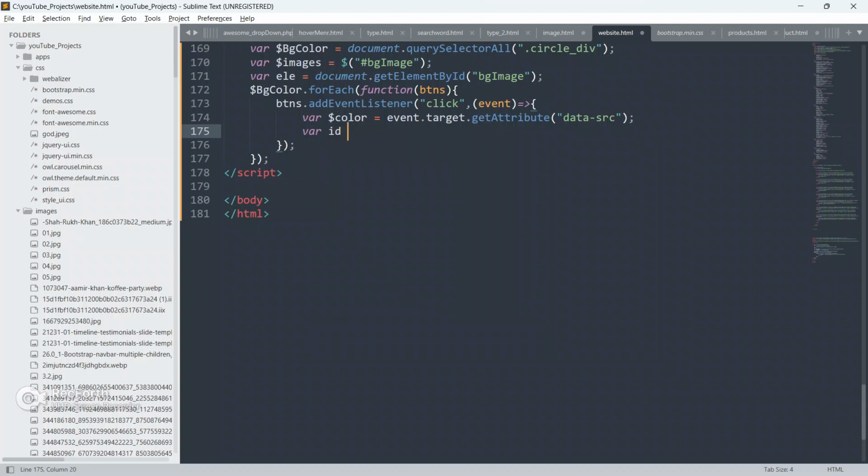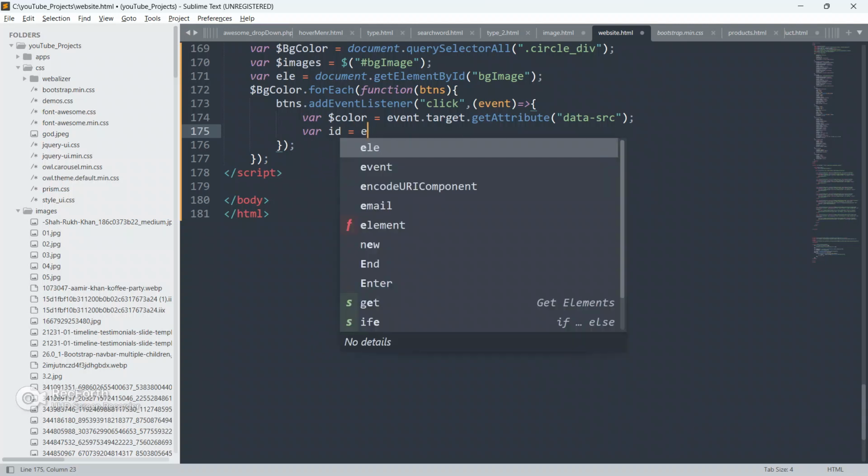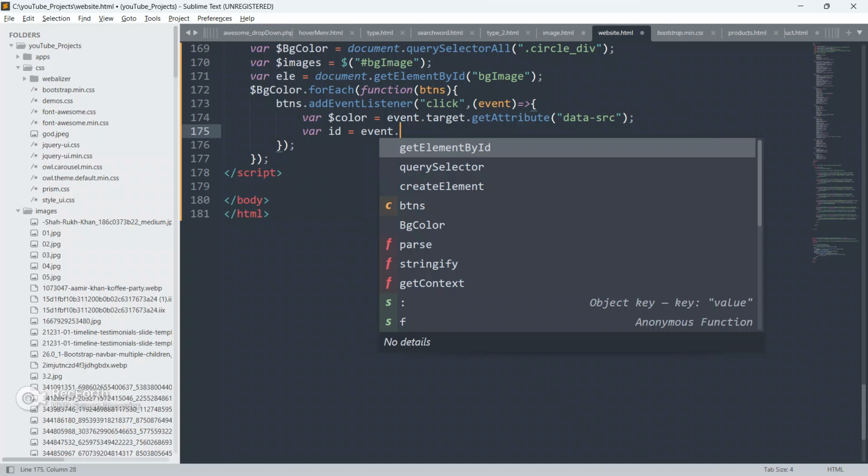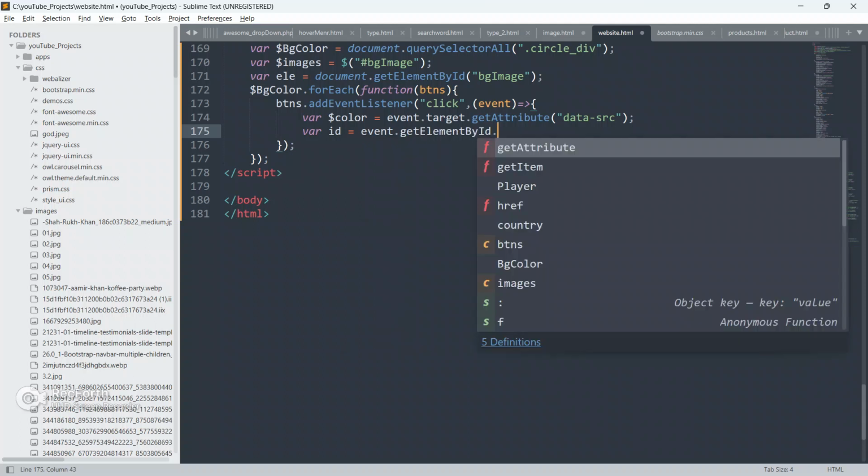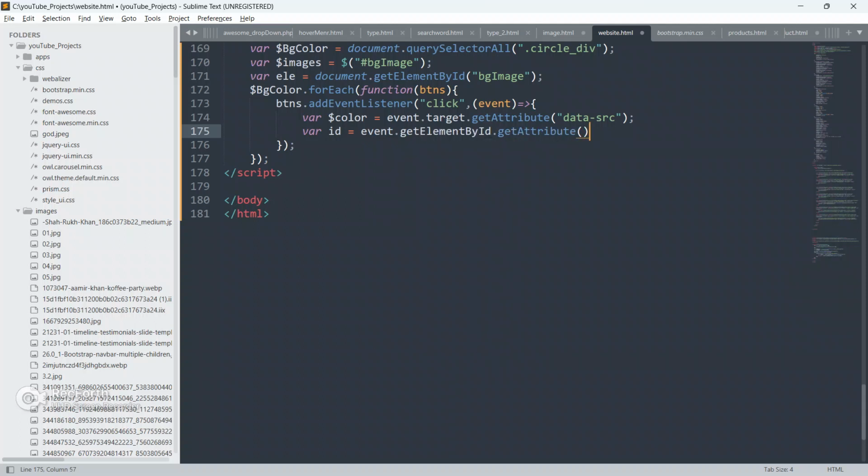So create another var, give it id, and give event dot target dot get attribute. Which attribute, guys? We're going to get the id attribute.